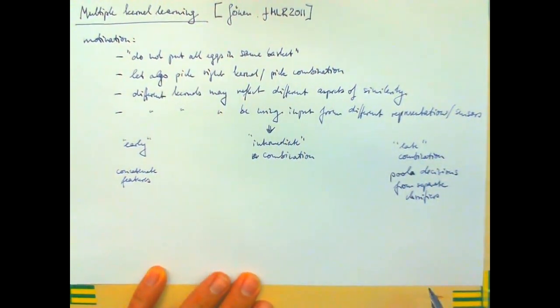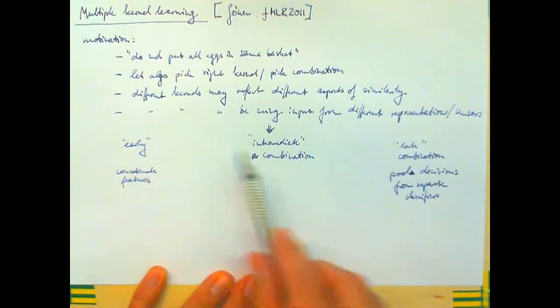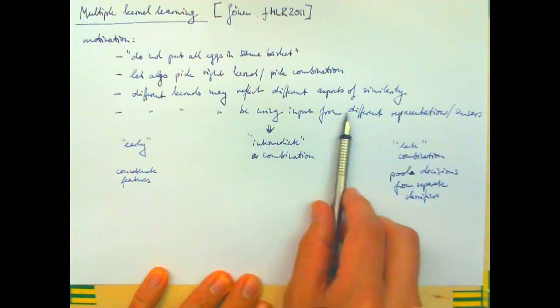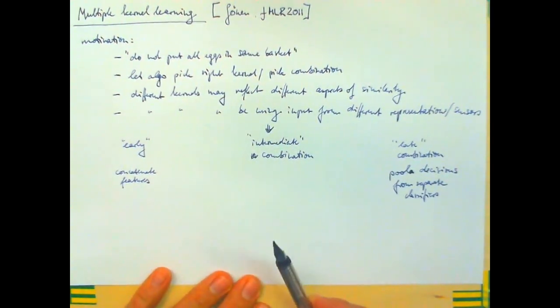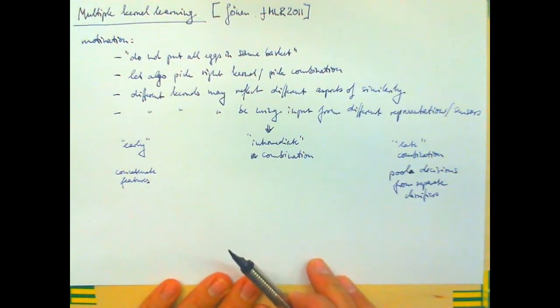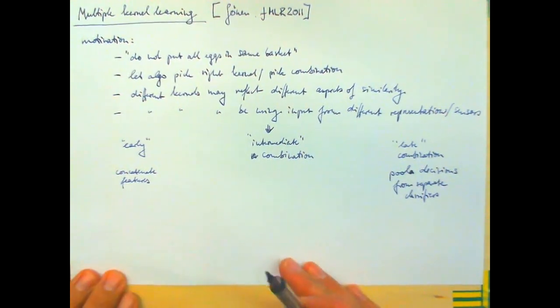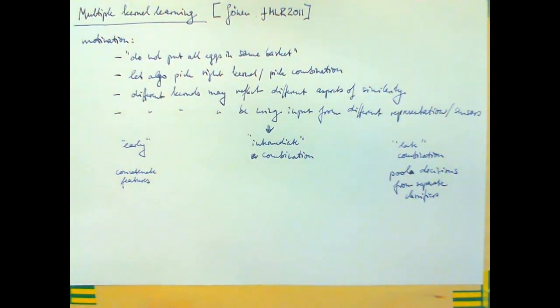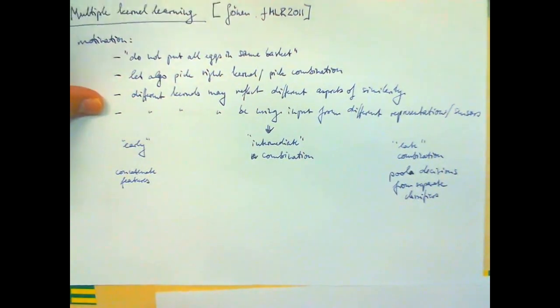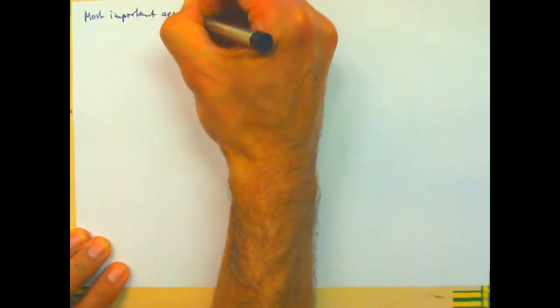And in that sense, between these two extremes, to combine the input from different kernels would be an intermediate combination. And there is a large number of algorithms, as I've said, but these can be summarized in a few approaches. The paper uses 5 categories. I'm only giving you the 3 most important ones here,